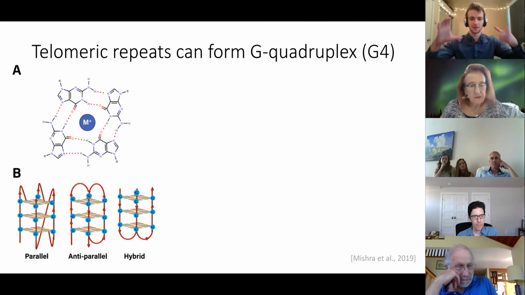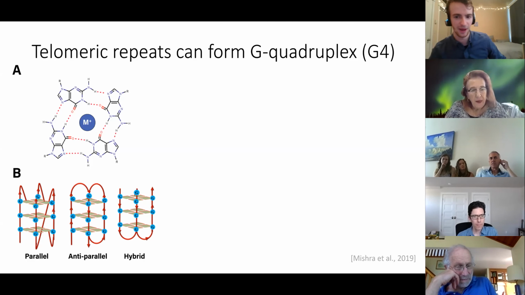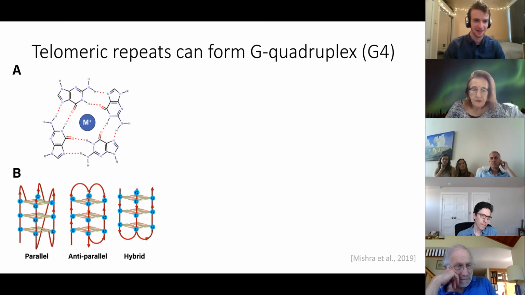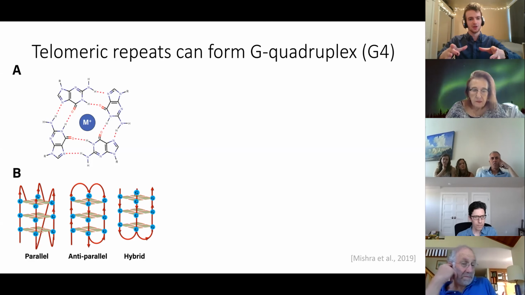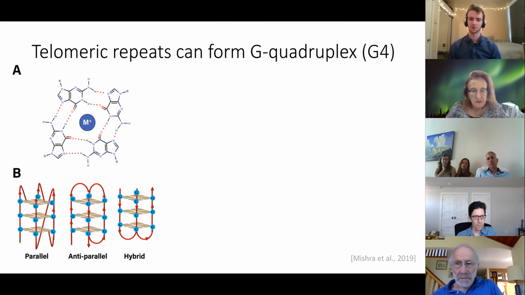4 Gs form into something called a G tetrad, as you can see in figure A up there. They pair a little weirdly, weirder than normal, around a cation. But it's when you have consecutive Gs in repeated sequences that those tetrads are able to stack and form a super stable structure that forms quite predictably, and you can calculate what sequences of DNA are likely to form this. In principle,